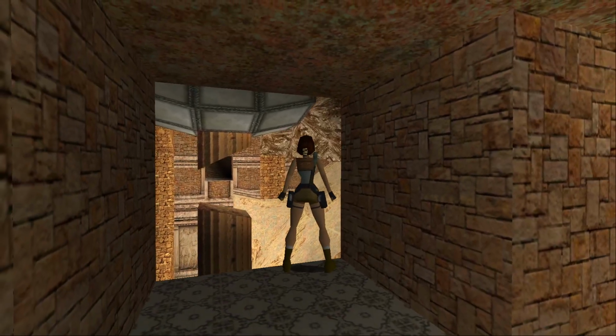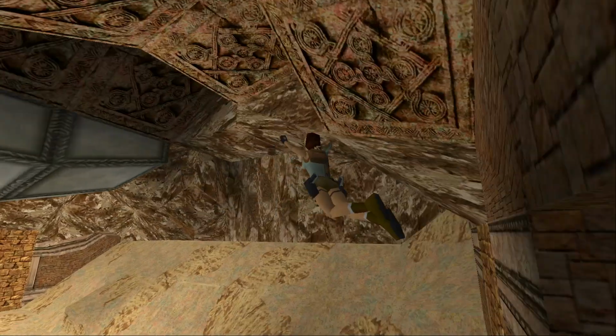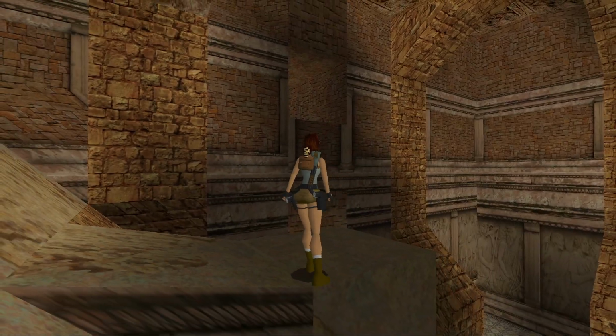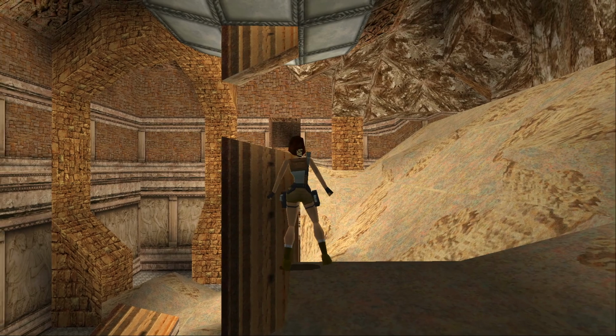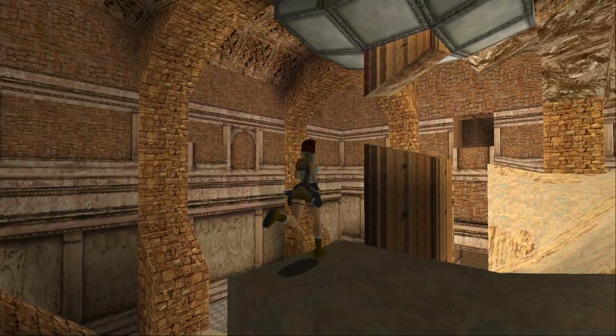So walk up to the edge and do a standing jump, but hold action as soon as you jump, and Lara will actually make a shorter jump, otherwise you'll overshoot that. So whenever you do a jump, if you hold action straight away, then she doesn't jump as far. Now do a running jump about this angle, so that you still grab on,